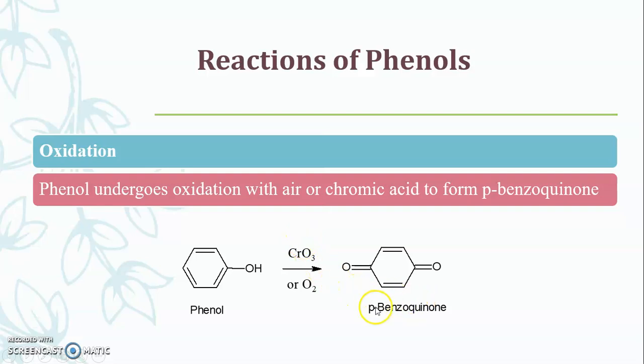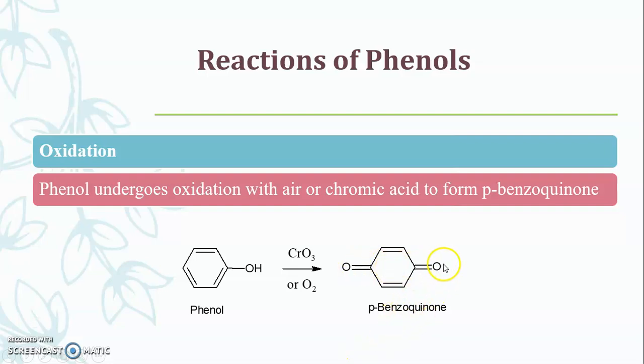So phenol, when it undergoes oxidation in the presence of chromium trioxide as the oxidizing agent, is converted into para-benzoquinone. Here we can divide this particular word into two halves, one is benzo and the other one is quinone. When two ketonic functional groups are attached to the aromatic ring, that particular compound is known as a quinone. Here you can see this is one ketone functional group, this is the other ketone functional group. They are directly linked to the aromatic system, that is the benzene ring, so it is known as a quinone.